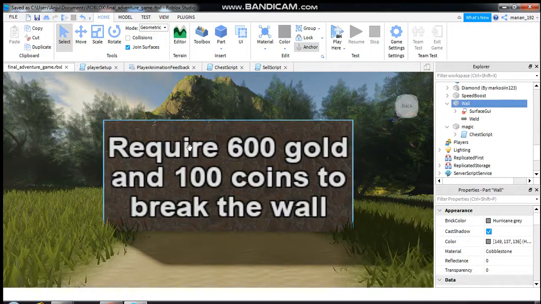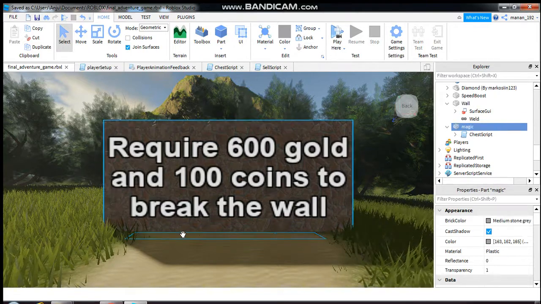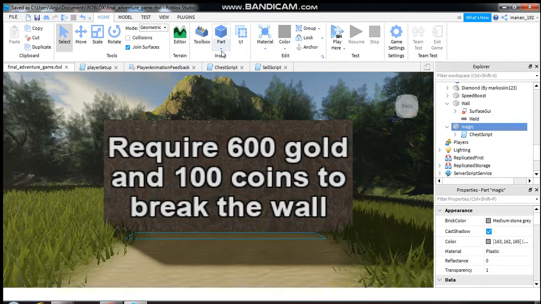Okay, so basically the script I have added is over here. I've added one block over here and made it transparent, and I have linked that block with this particular wall. This is nothing but the part I have used from here, and just like this,